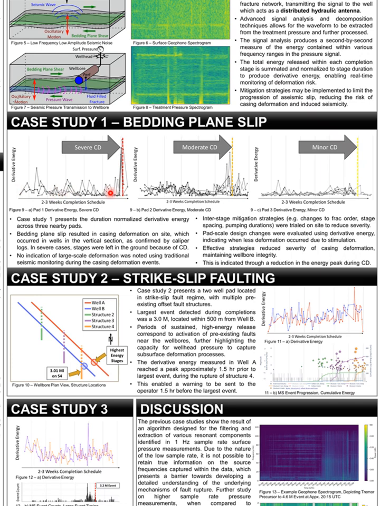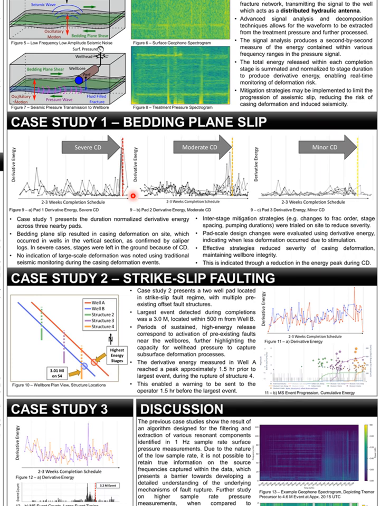Those derivative energies are plotted across a 2 to 3 week completion, where each dot here represents one single stage of completion. You can see here on the vertical axis, towards the end of this pad, we see a sharp uptick in energy. That uptick in energy directly correlates with when we were able to detect, using caliper logs, a deformation process that took place over approximately 4 to 6 hours, in which the verticals of these wells saw increasing